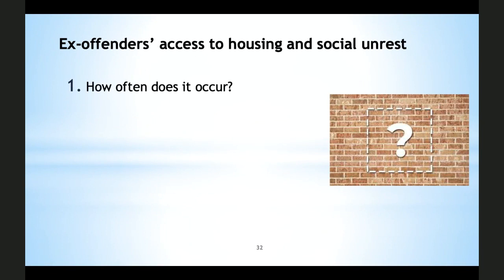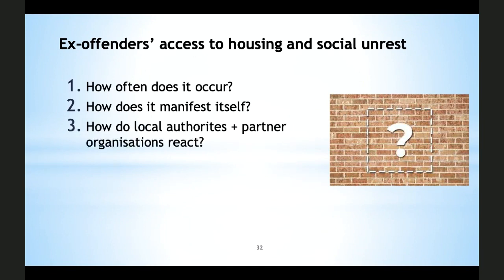There have been a number of studies on this topic in the Netherlands and also outside the Netherlands, and especially the more extreme cases, as I've shown just now, receive a lot of media and political and, let's say, scholarly attention. But how big is the actual problem? Next, how does it manifest itself? How do local authorities in the Netherlands become aware of the feelings of social unrest, the feelings of concern, anger, panic among community residents? And lastly, how do the Dutch authorities and their partner organizations aim to prevent or end this social unrest?